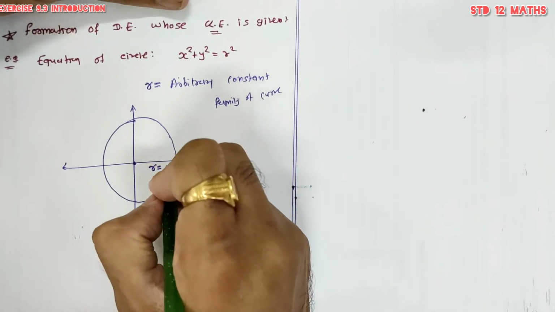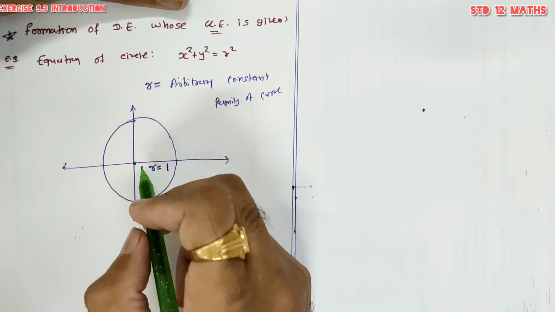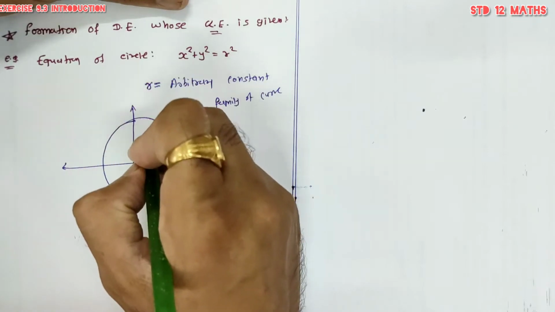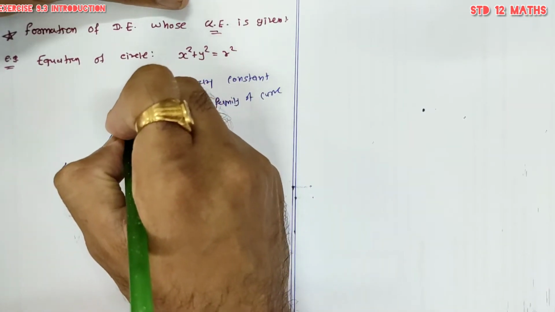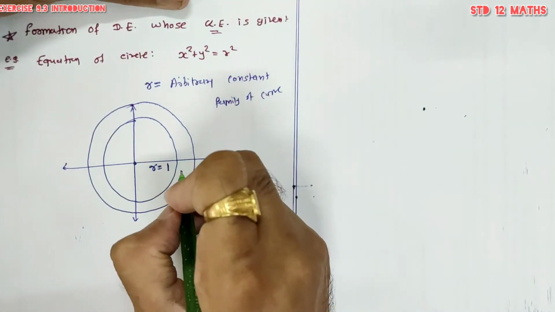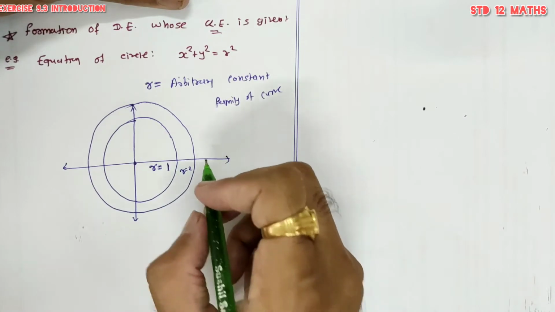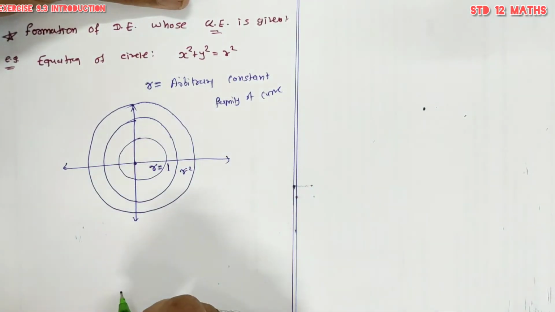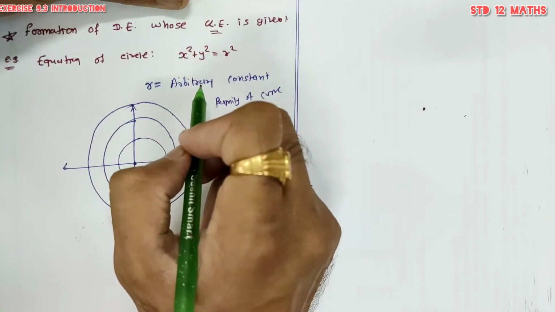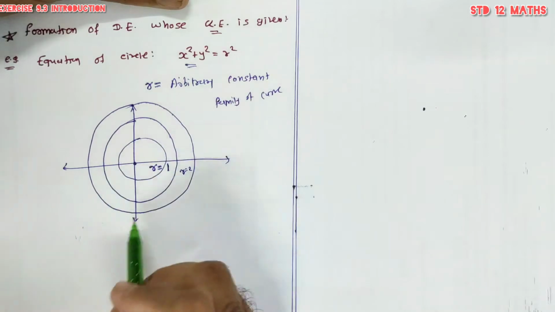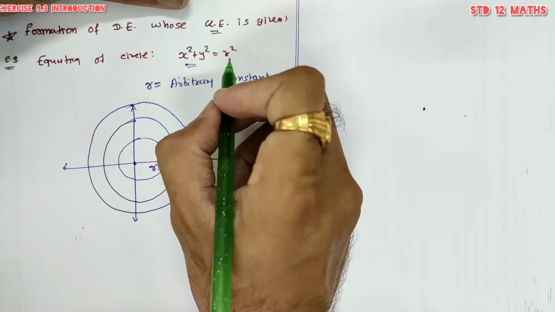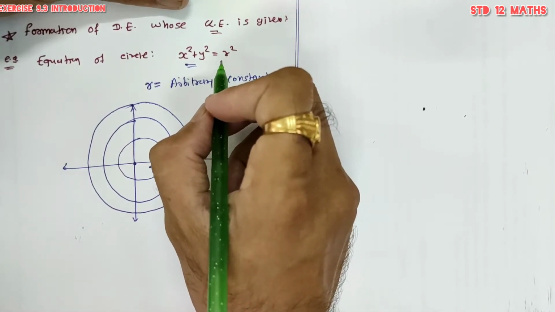If you are taking r equal to 1 radius, then it will give one circle. Now, if we take another value of r, then it will give some another circle. For example, if you are taking r equal to 2, it will give one another circle with same center. Done. So for different values of r, we are getting the different circles. So this is general equation, and general equation consists of arbitrary constant, and this general equation of any curve will give only one curve at a time for different values of r.